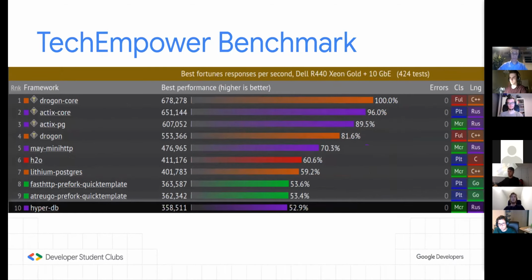So Rust is meant as a very efficient language. So let's look at some numbers. Here we have the TechEmpower Benchmark. It's a benchmark for web frameworks. In this case, they tested 424 different frameworks, for which they developed a simple API with each of them and then benchmarked them all separately. So as you can see here in the top 5, 3 of them are Rust and 2 others are C++. So this shows that Rust is quite a good competitor for some older languages like C or C++.